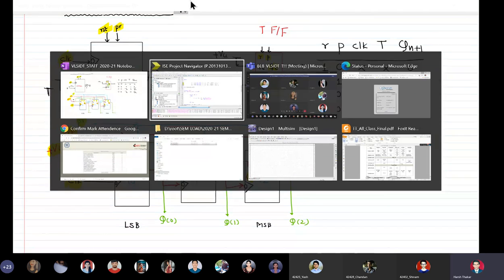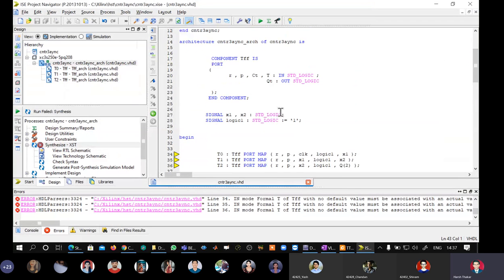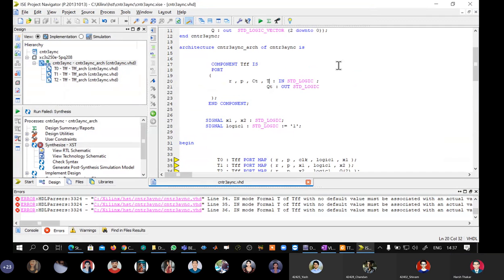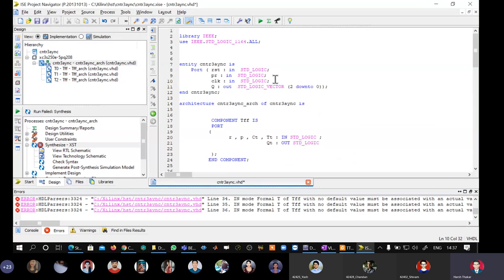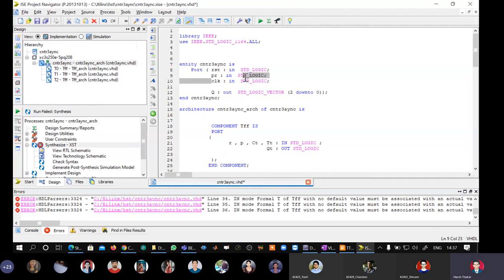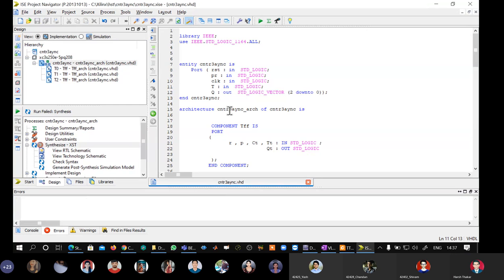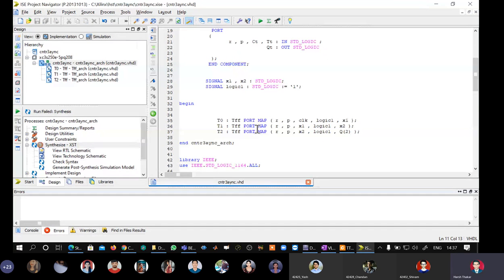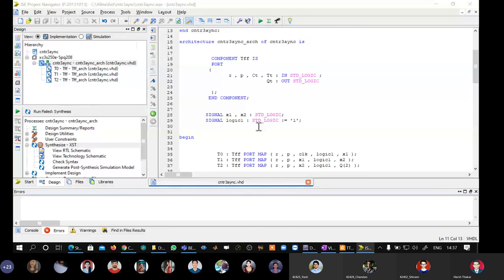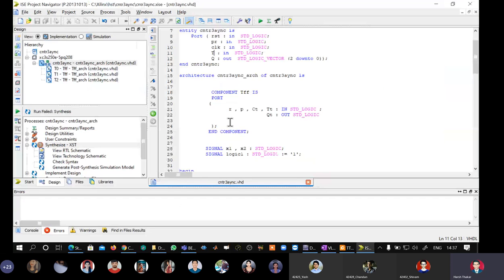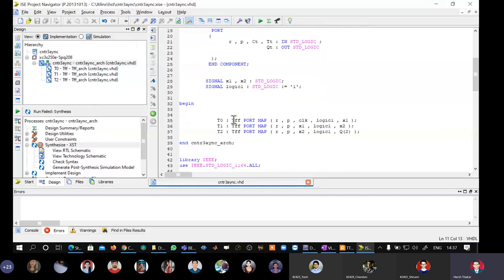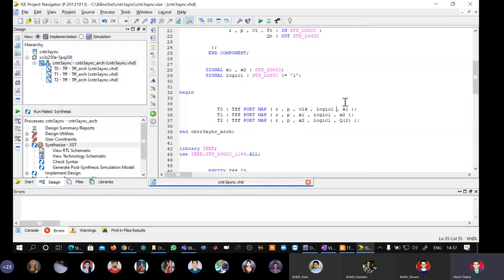Now we will change the code. So in the parent we have added T, component there is T, and then here I can write down T.